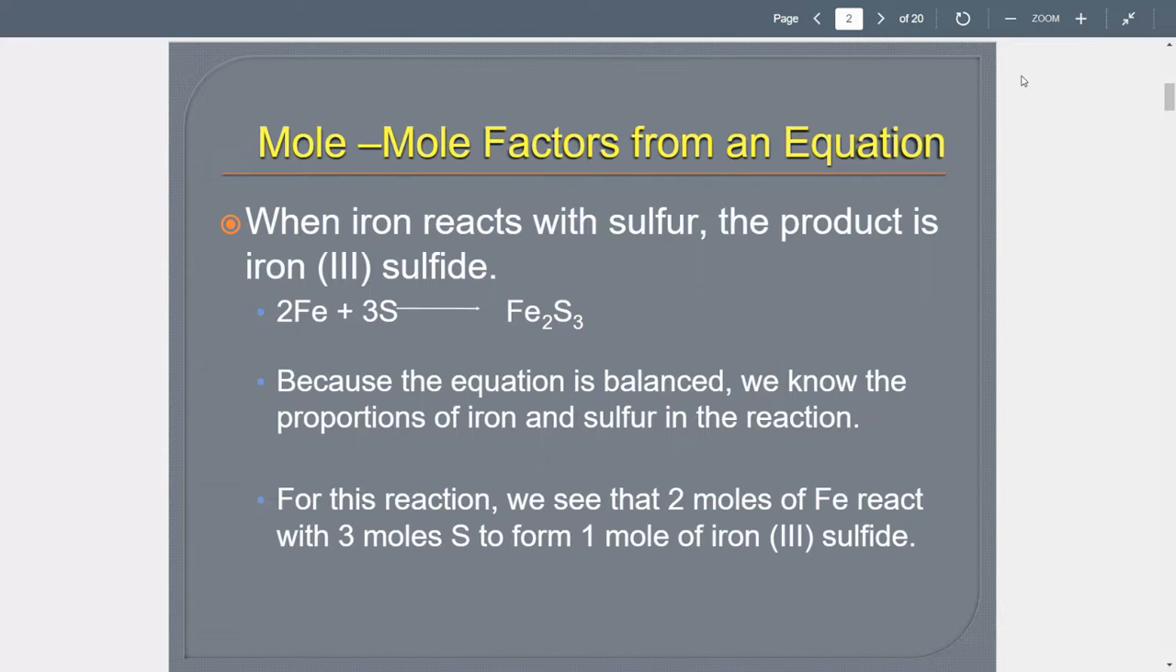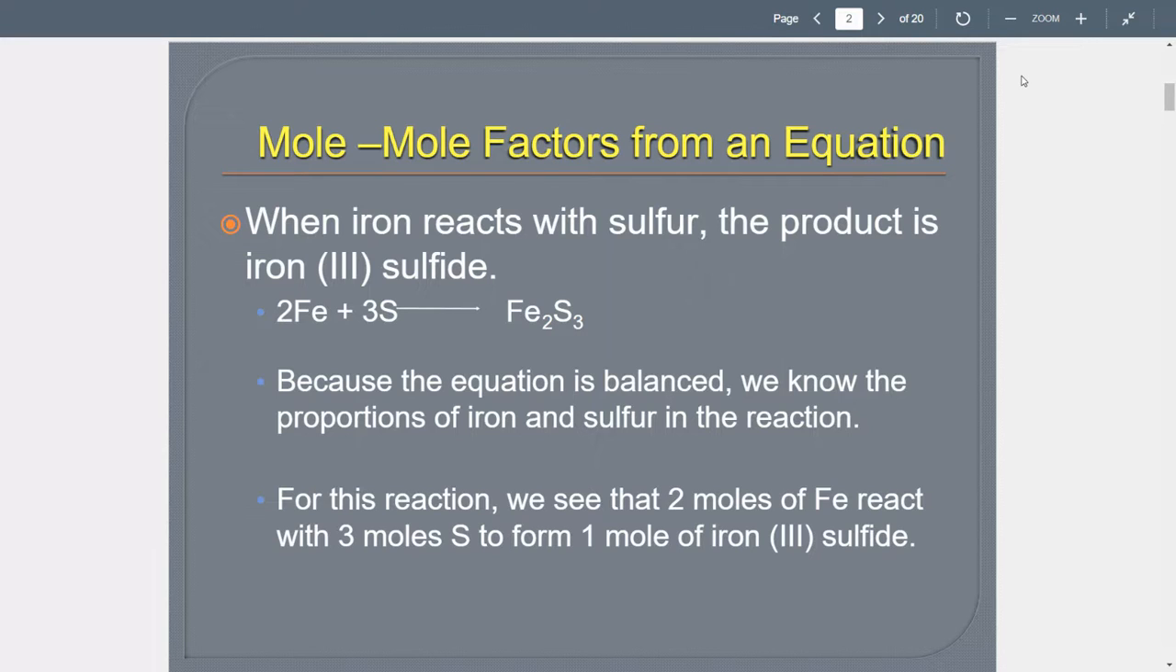Okay, so look on the board for a second. So when iron reacts with sulfur, the product is iron 3 sulfide. So there is your balanced equation. What it's looking at is 2 moles of iron plus 3 moles of sulfur gives you 1 mole of iron 3 sulfide. So when you look at a balanced equation, I guess at this point, always double check that